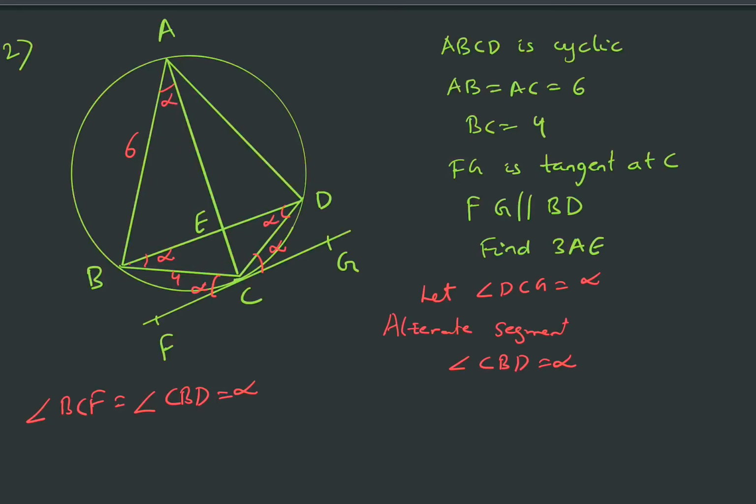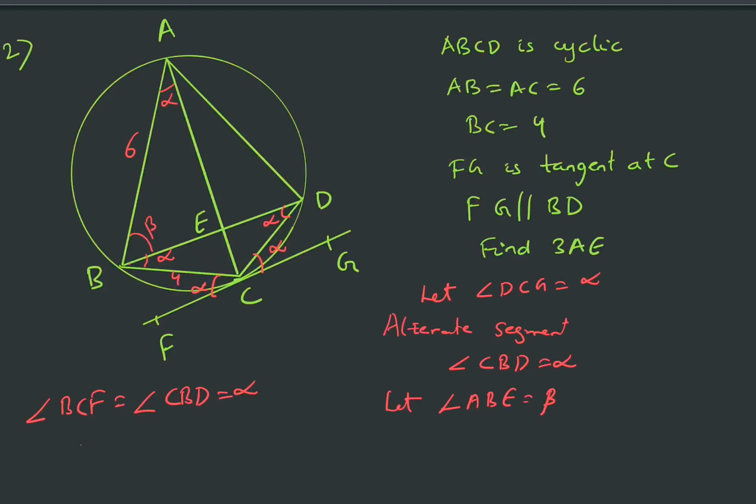Okay, so while writing the solution, you write all the steps clearly so that you can also understand. And now I am just doing it directly in the diagram itself. Okay, so all these angles are alpha. Now let us assume this angle is beta, that is angle ABE is beta. Fine. So since AB is equal to AC, this angle is also alpha plus beta.